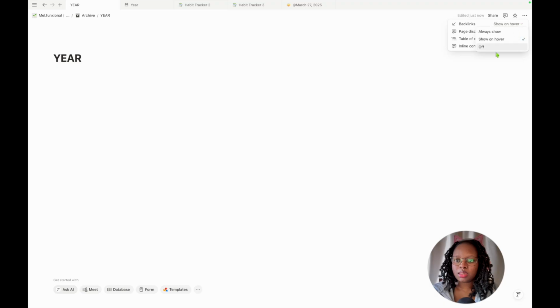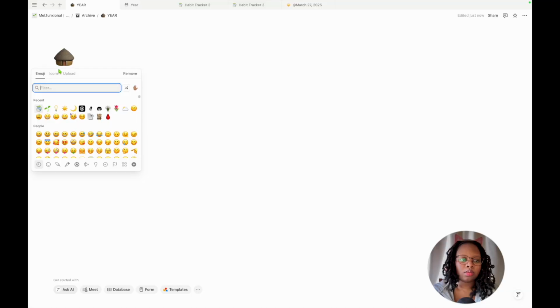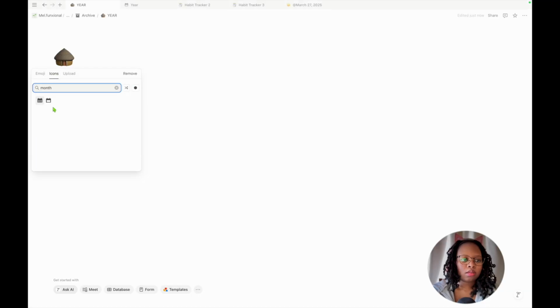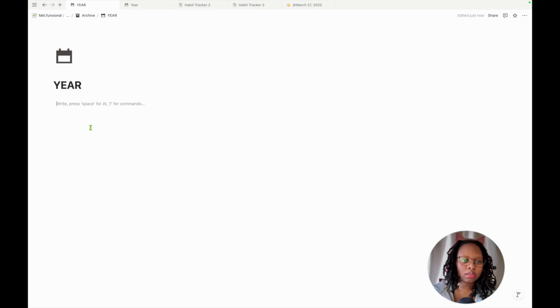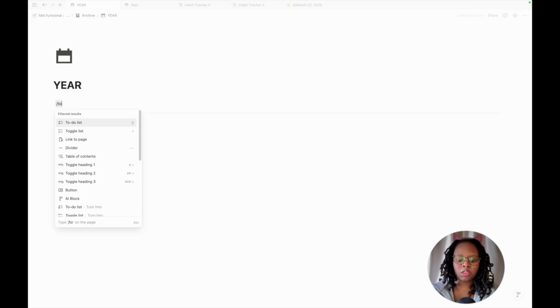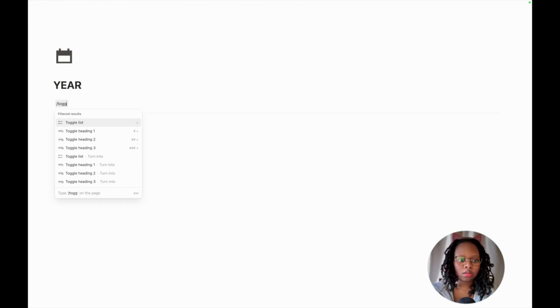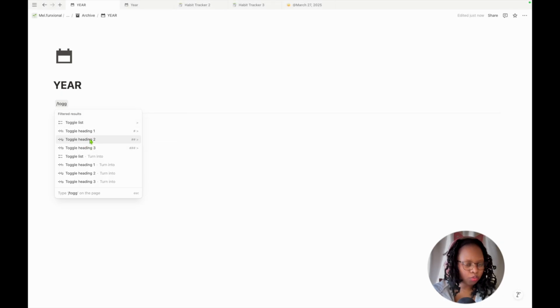Full page, customize. And then you can put something like that here as an icon. And then we're going to split it into 3 columns. Or however many columns. Maybe you want to do 4. That's fine as well. And then we're going to do a toggle heading 2. And we're going to call that